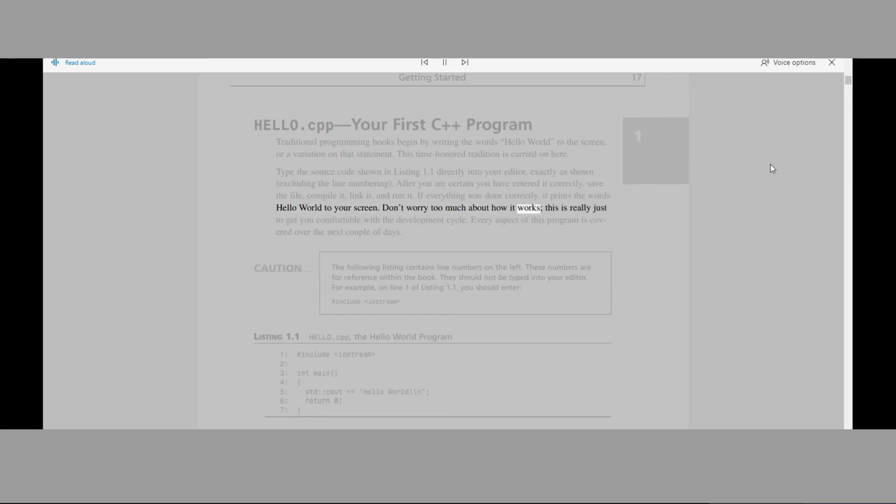Don't worry too much about how it works. This is really just to get you comfortable with the development cycle. Every aspect of this program is covered over the next couple of days. For example, on line 1 of Listing 1.1, you should enter #include <iostream>. Caution. Listing 1.1 hello.cpp, the Hello World program. 1: #include <iostream> 2: 3: int main() 4: { 5: std::cout << "Hello World\n"; 6: return 0; 7: }